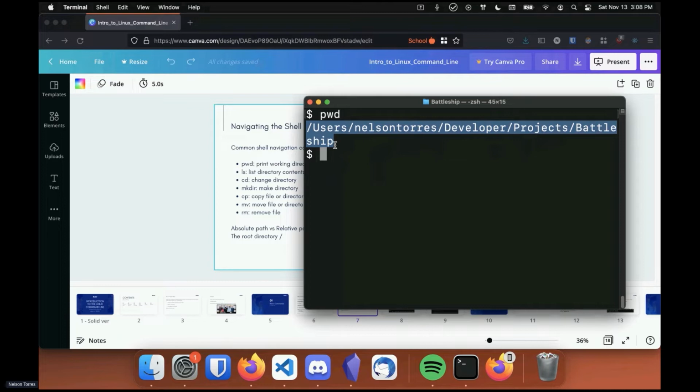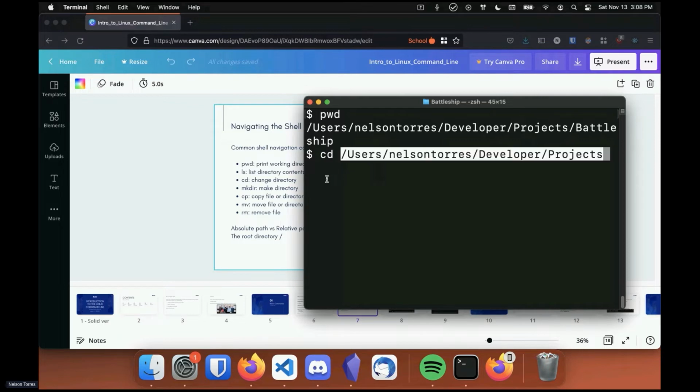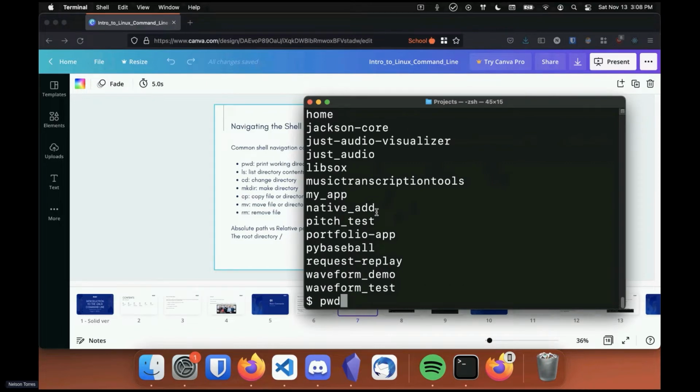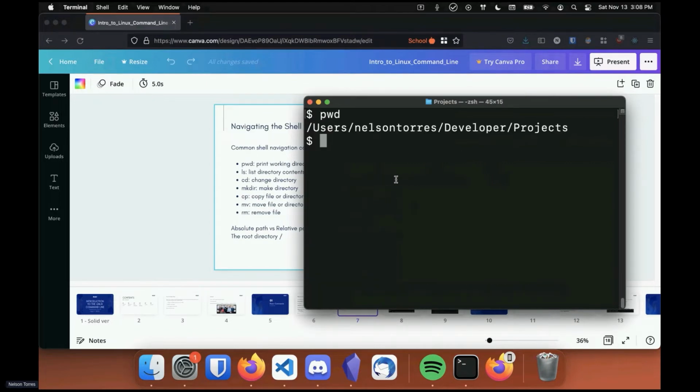If we were to change directory, for example, if we wanted to go into the projects folder, we could copy this, right? We could copy this and do CD for change directory, space that, and we'll move into that project. And if we do ls, which is list all the things in this directory, you can see that there is different things because it's a different directory. And if we do pwd, then you'll see that we're currently in a different directory. Now, that seems really tedious, having to copy and paste direct